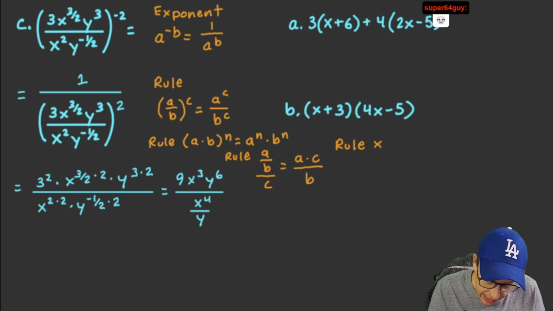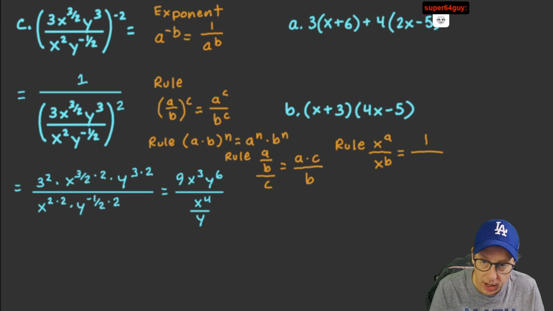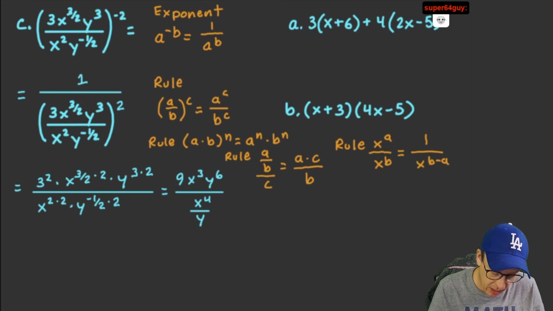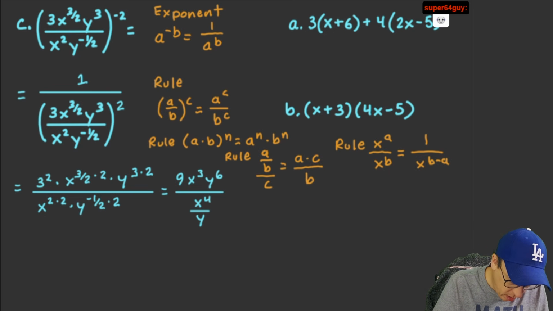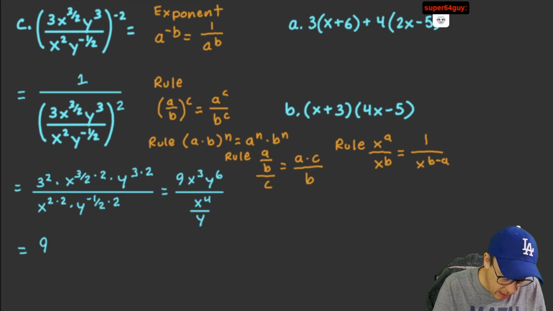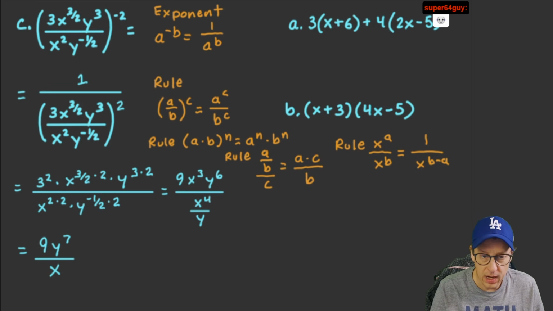If you have x to the power of negative a, there's not that many of them, but you definitely need to memorize the ones that there are. So this is going to be 1 over x to the a. And then if we apply all of these rules to solve this problem, we're going to end up with 9y to the 7th over x, and